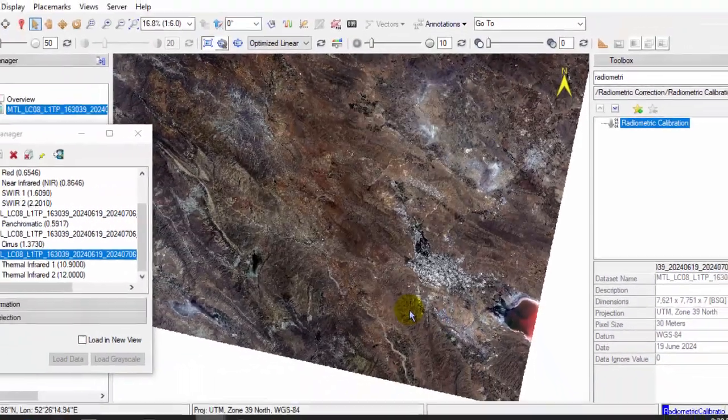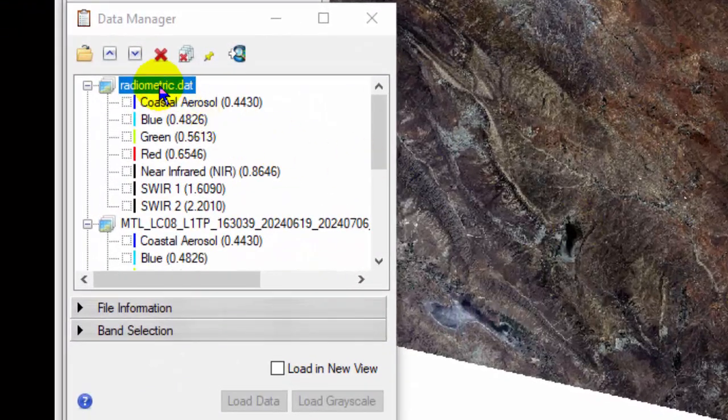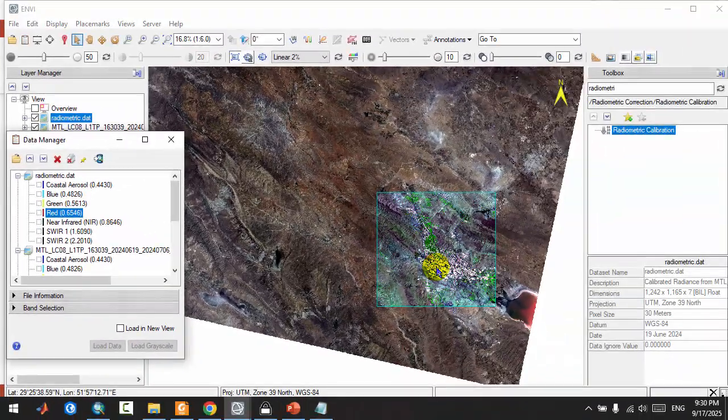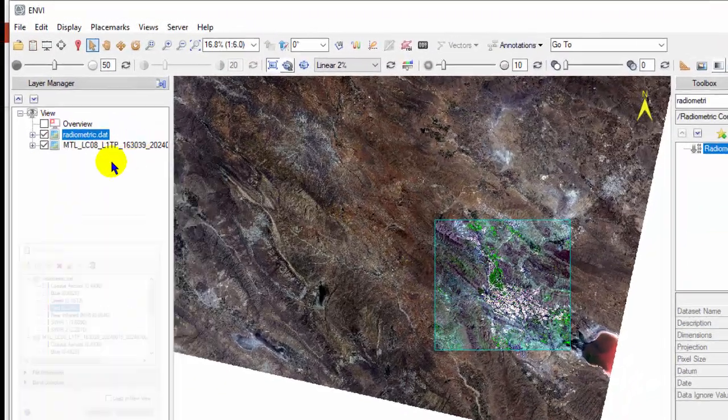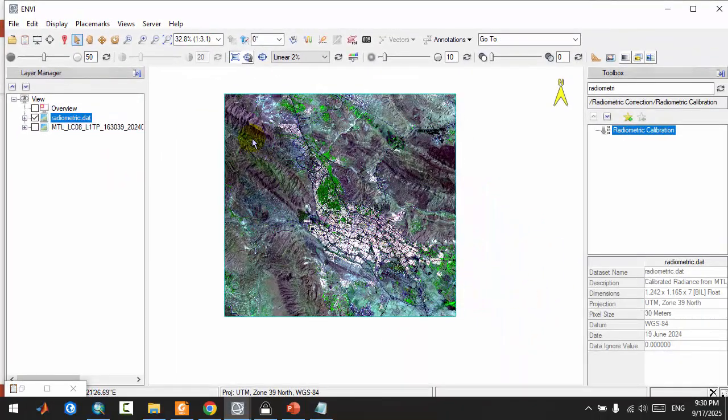Save. Okay, we will wait for the radiometric calibration. Okay, radiometric and RGB, select SWIR1, near infrared and red, load data. Okay, actual color, MTL on selection. Okay,